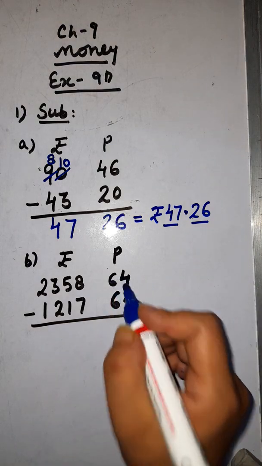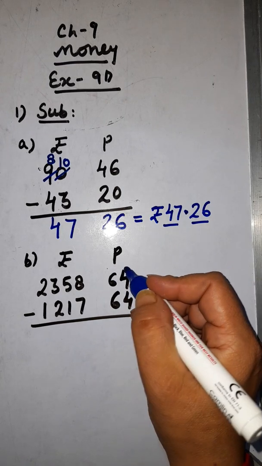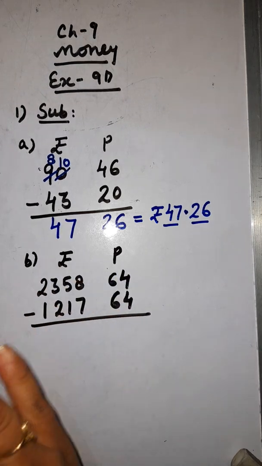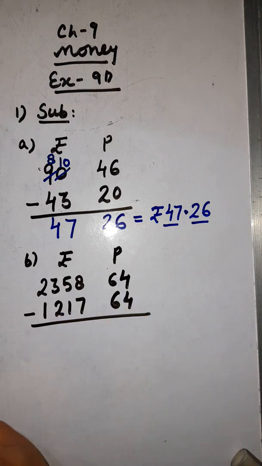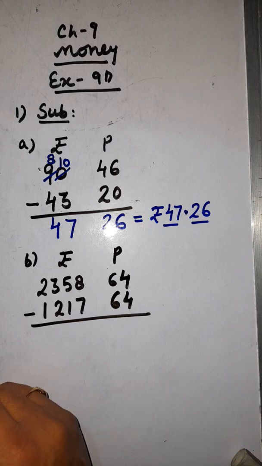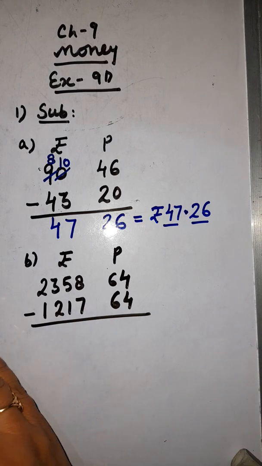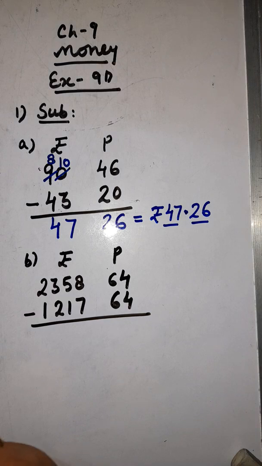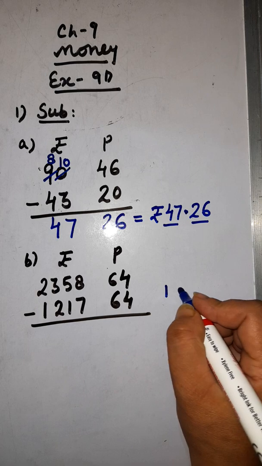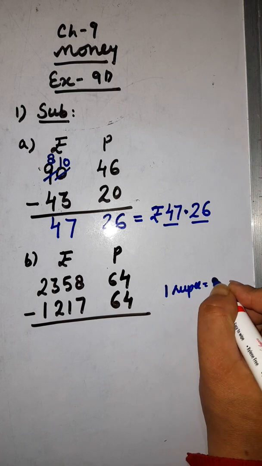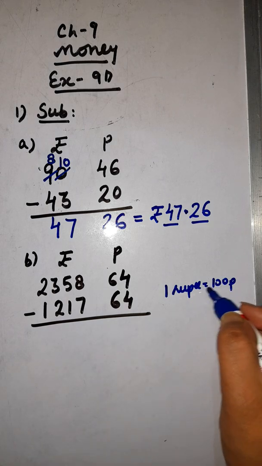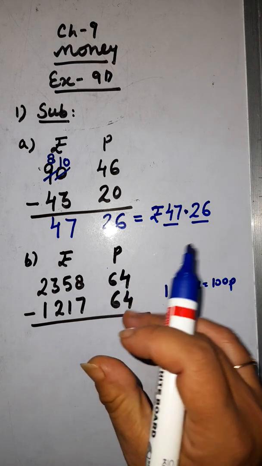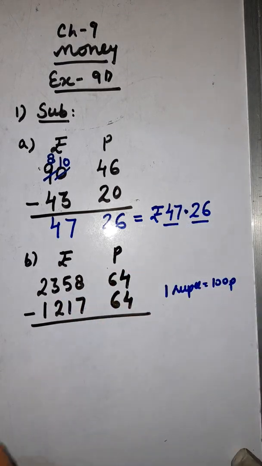In the paise column we have only 2 digits. Always remember that in the paise column we have only 2 digits, and in the rupees column we can have more than 2 digits, 1 digit, more than 1 digit, 2, 3, 4, 5. रुपीज़ के पार्ट में आपका 1, 2, 3, 10, 100, 1000, 10,000, लाख, ये आपका रुपीज़ हो सकता है. बट आपके पैसे में आपका 2 डिजिट में ही आपका पैसा आता है. वाई? क्योंकि 1 रुपीज़ इज इक्वल टू 100 पैसे. सो 1 रुपी में 100 पैसे होते हैं. तो 100 से नीचे जितने भी नंबर्स होते हैं, लाइक 1 से लेके 99 तक, जो भी 2 डिजिट नंबर आते हैं, वो हमारे पैसे में डिनोट होते हैं.